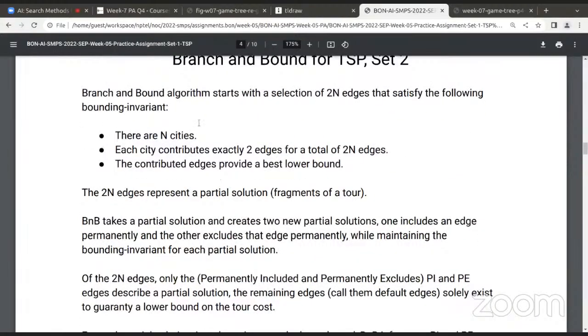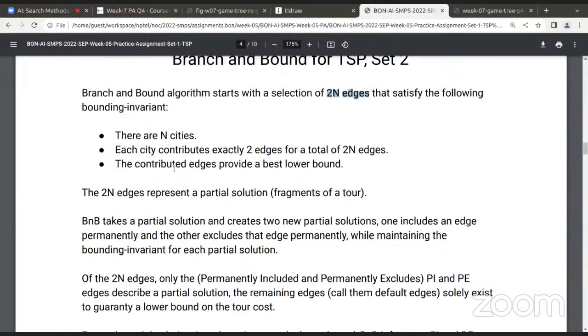I told that we have NCT and we can have exactly 2, and we are going to take the one which has the lower bound for contributing. For each city, I'm going to choose the 2 lowest, 2 closest cities. And if you take a 5-city problem, if you apply this constraint,